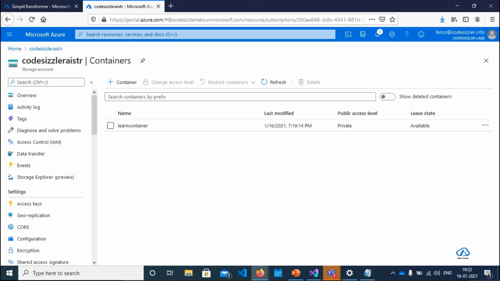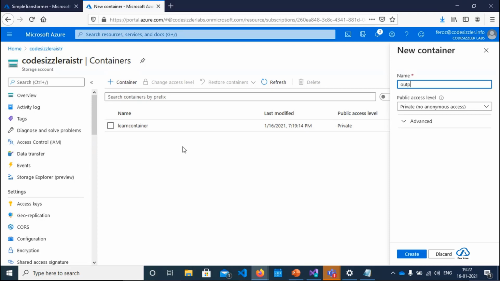Either you can create a new storage account or you can even connect with the same storage account. Either of these things can work. But then let's maintain a separate container alone. So here let's put up a container path. I'll say container, and the name will be output container. Let's click on create to get it done.